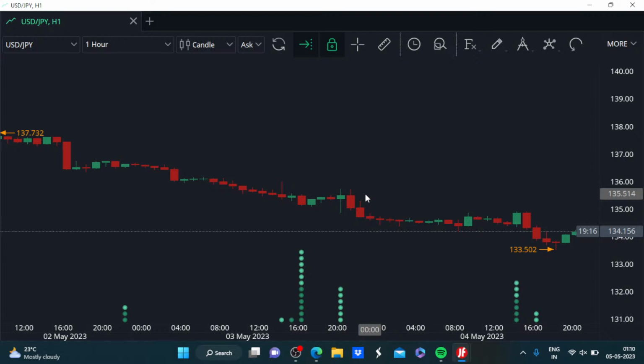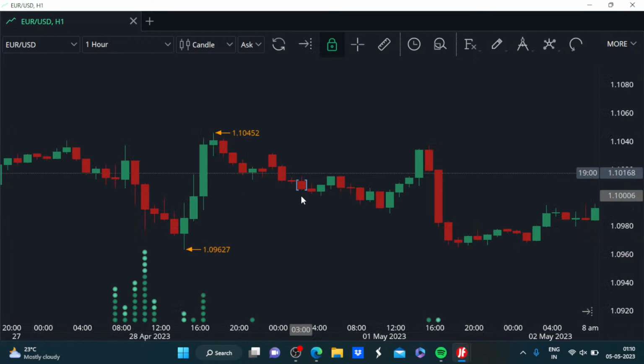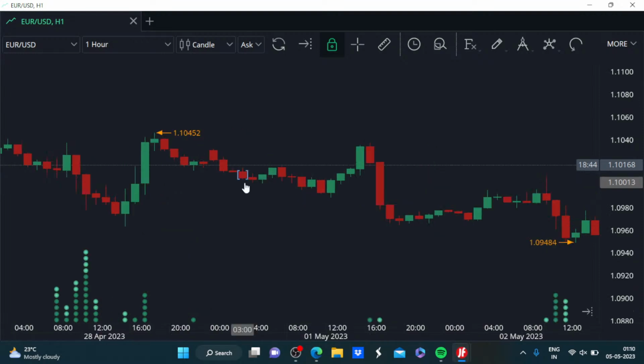For more examples, you will have to do a lot of observation, a lot of search, and only then will you be able to spot this kind of formation, which is rare. But as it takes into consideration a lot of data points over the last four candles, I think this is a promising formation which we can utilize judiciously to look for optimum trade entries for new trades. Let me now show you some